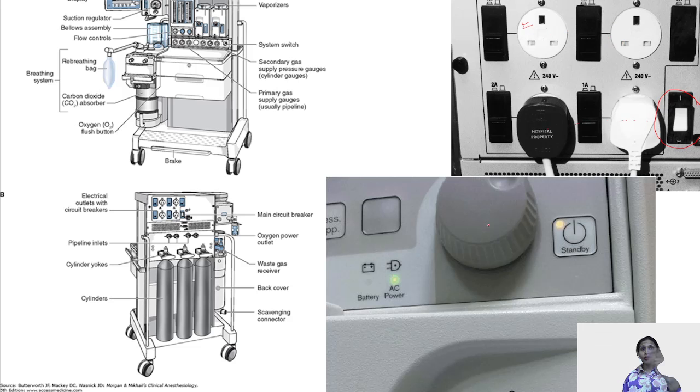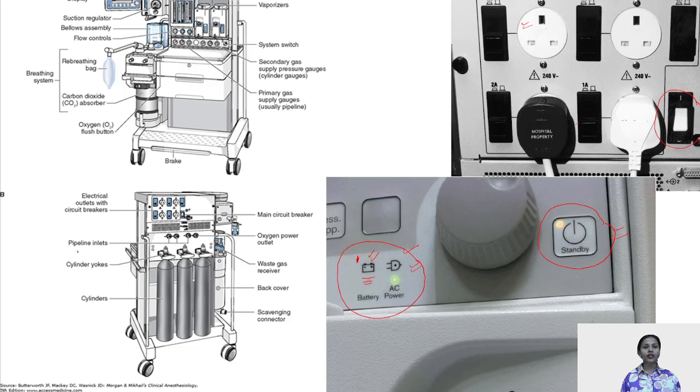Then on the front of your anesthesia machine you have certain signs like this which tells you that yes, it is being charged, the battery backup is present or not, and a red light blinks on it as a warning sign for you that there is no reserve power or the battery is not charging. Then this is when the machine is plugged in. This tells you that yes, the machine is on standby.